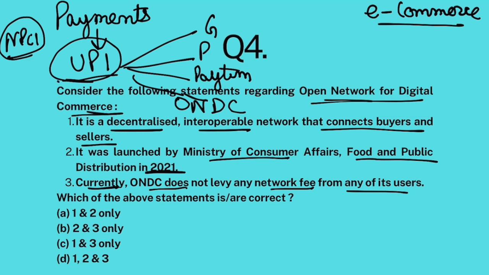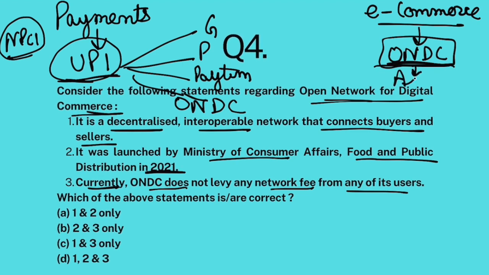So just like UPI, to promote e-commerce, the government created ONDC. Now, small businesses in India can use this ONDC. They can integrate it with their apps and allow their customers to purchase whatever they want from any seller through these apps, right? Which are linked with ONDC. So just like UPI is linked with Google Pay, Paytm, PhonePe, ONDC is linked with these apps, okay?